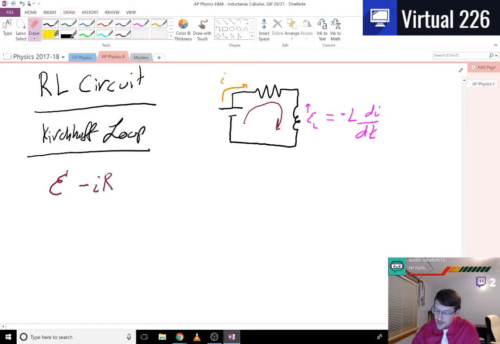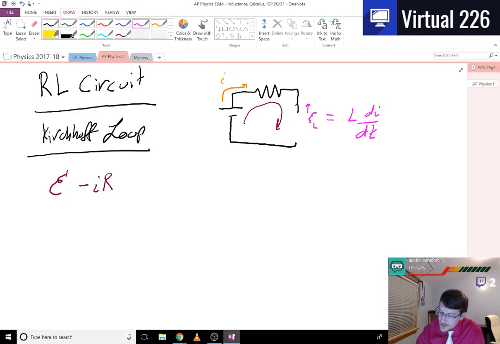Whenever that negative popped up, it meant that this EMF is generated backwards. So we can think about this inductor in terms of a Kirchhoff loop like this. If we pretend that it wasn't an inductor, but an EMF generator, and the EMF is generated backwards here,